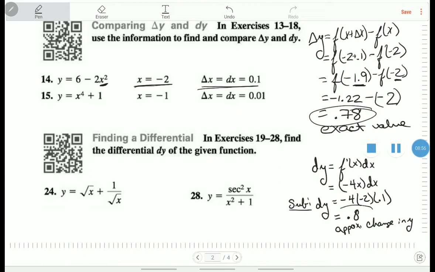So you can see how close those values are. And that should always happen. It should be reasonably close. So then let's talk about what's going on graphically here. If we were to take this and graph this function,